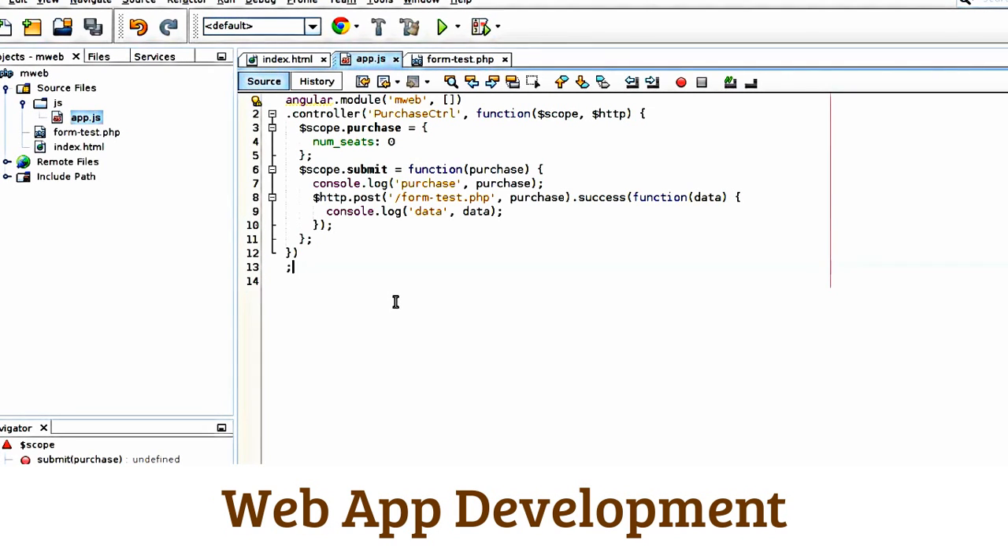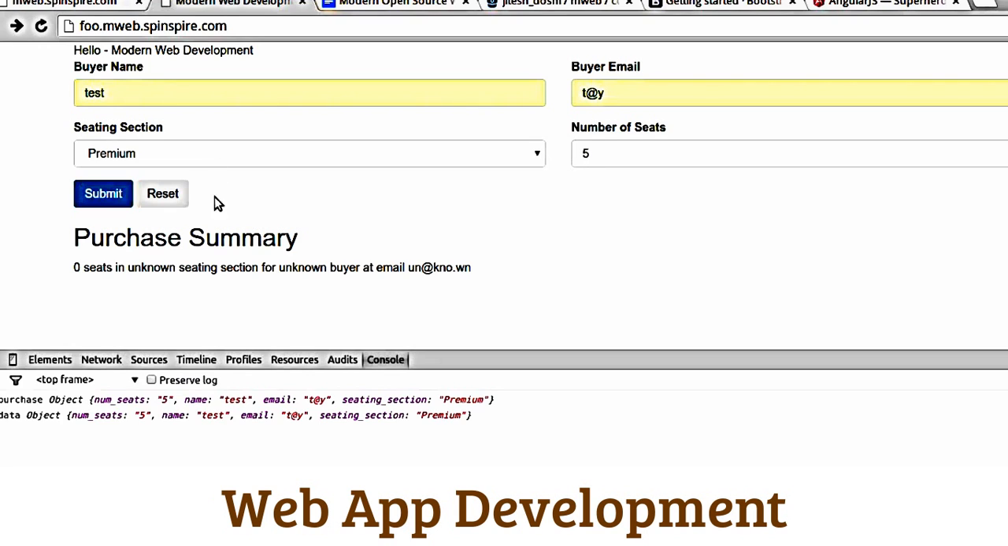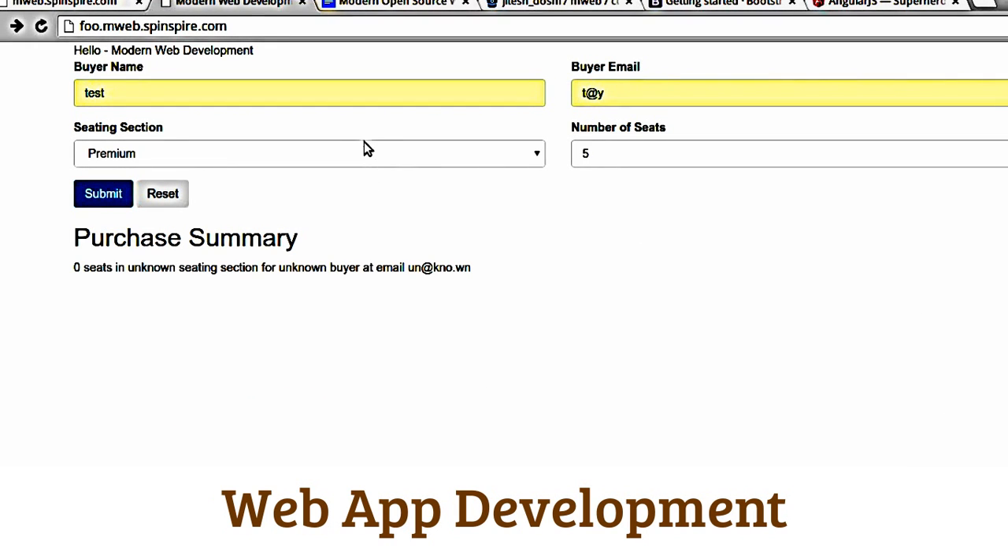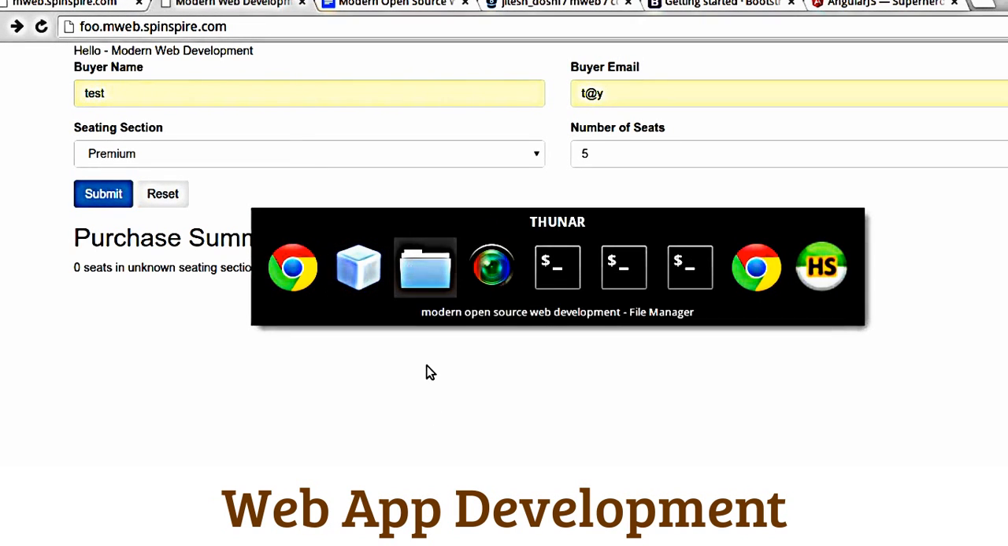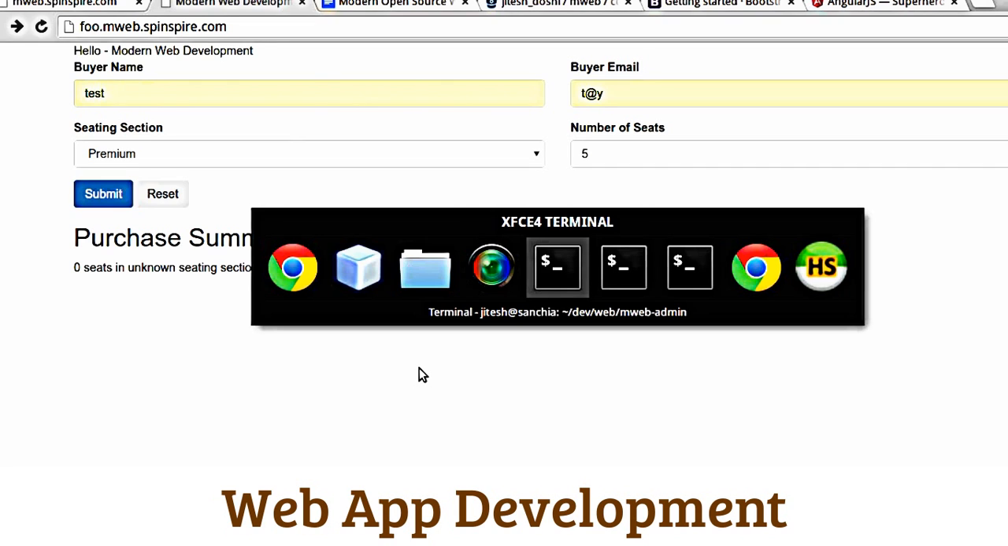Okay, at this point we are ready to start doing some real programming on the server side by actually persisting this data that we are submitting to the server. But in order to persist data, we need a database, a relational database. In our case, we are lucky to have